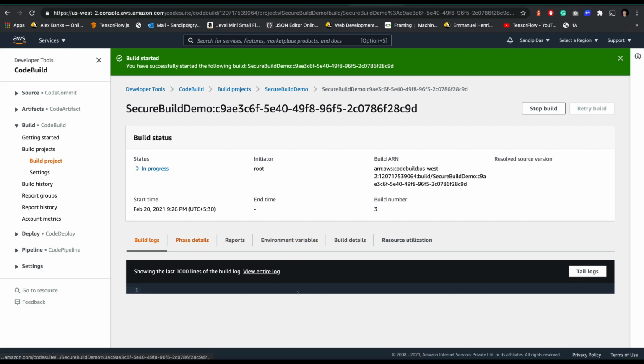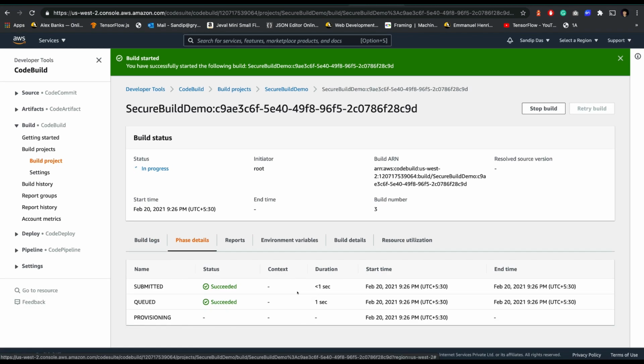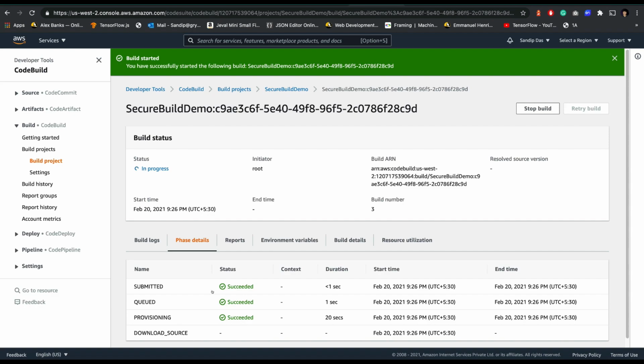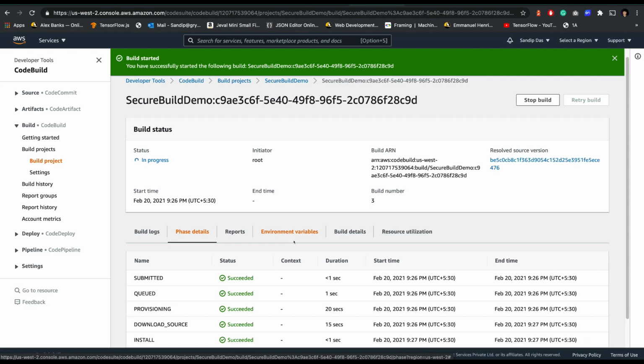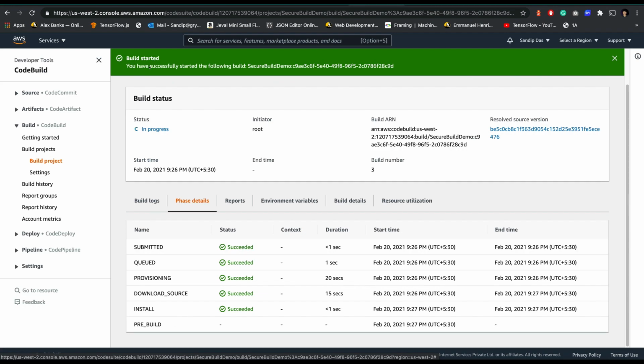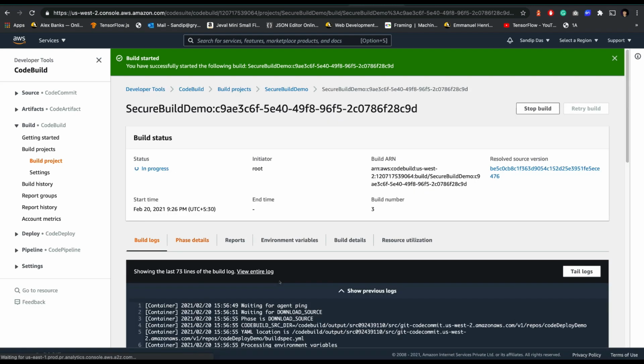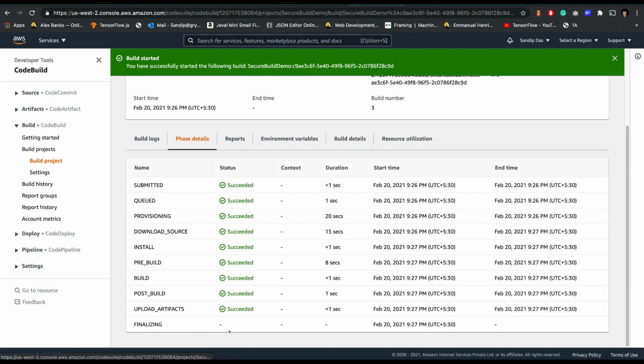Just click on the phases to see how it's going. Let's see. Downloading source. But isn't it very good? I mean, isn't it very good that you just updated in the Parameter Store, you didn't change anywhere, you didn't change even in the CodeBuild settings, you just did change in the Parameter Store, and after you just make a build, and I think this build will be done within a few seconds. It's just moving the changes to S3. Yeah, finalizing. It's done.